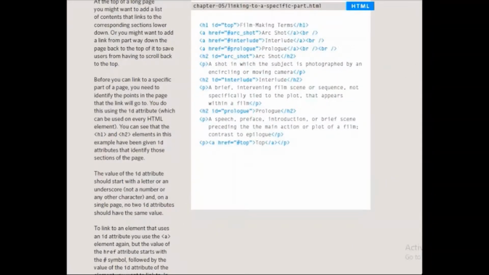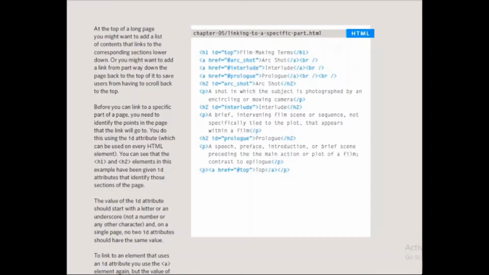Now next, the last type of link, it is very interesting, and it is usually used, for example, on wikipedia.org. It has a lot of text, and when you click a particular hyperlink, it takes you to another part of the same web page. And if you go to the bottom, it gives you a hyperlink of top. You can go to the top. In top, you have the hyperlink to go to the bottom of the page, and so on.